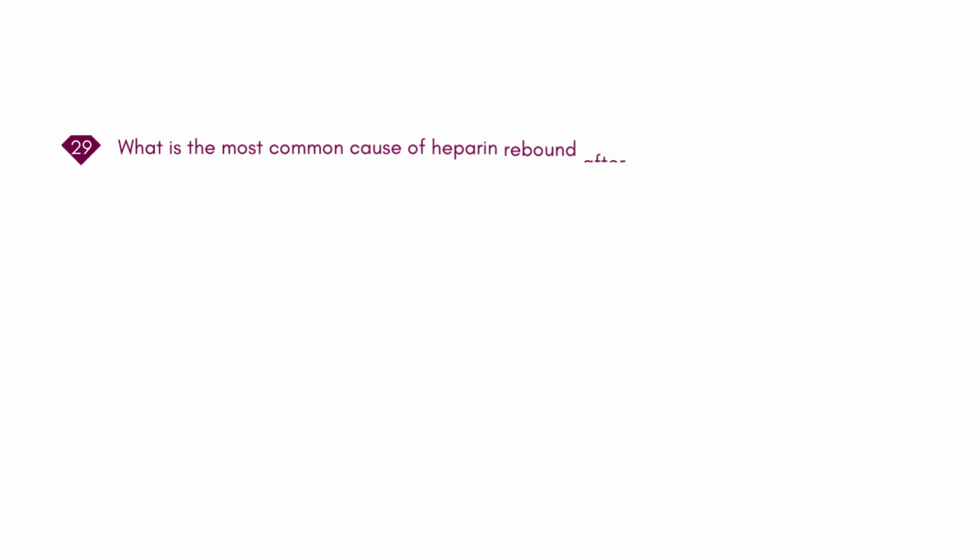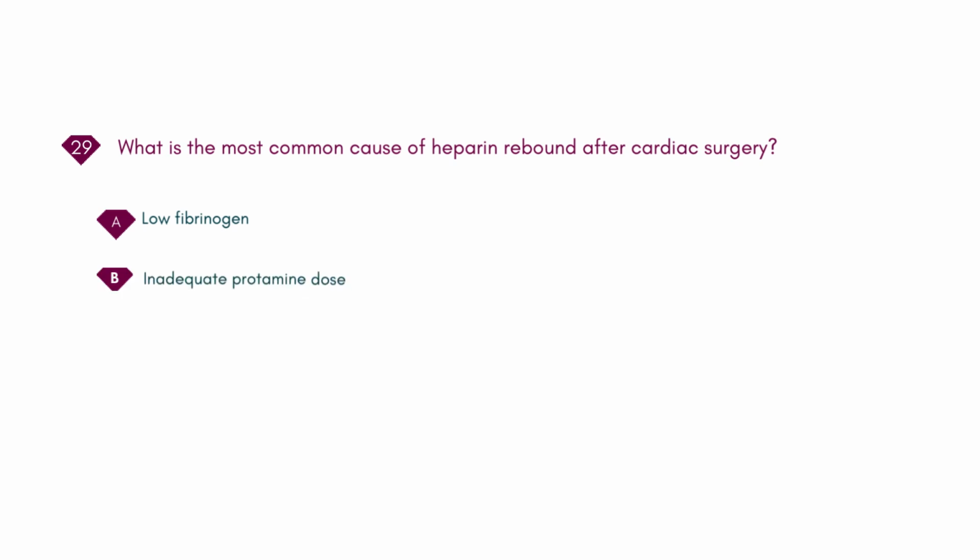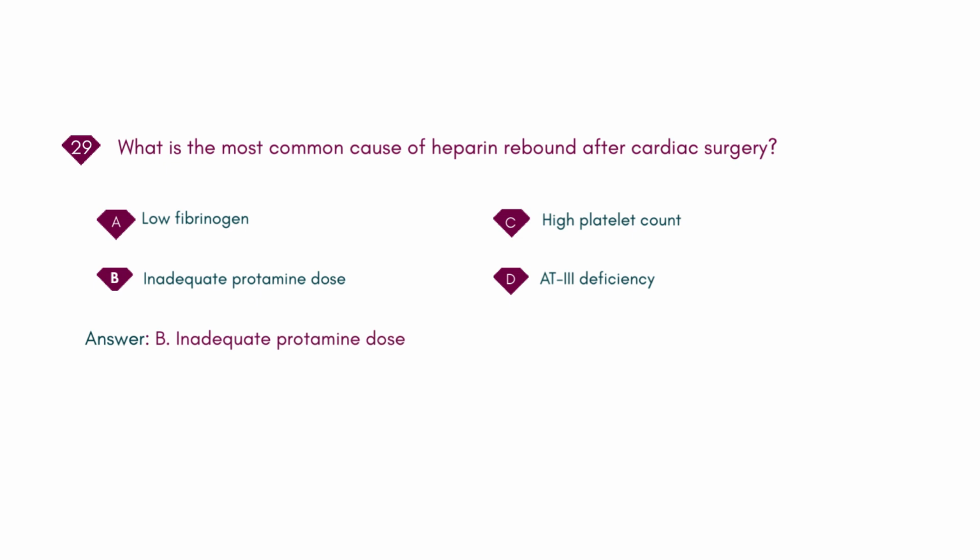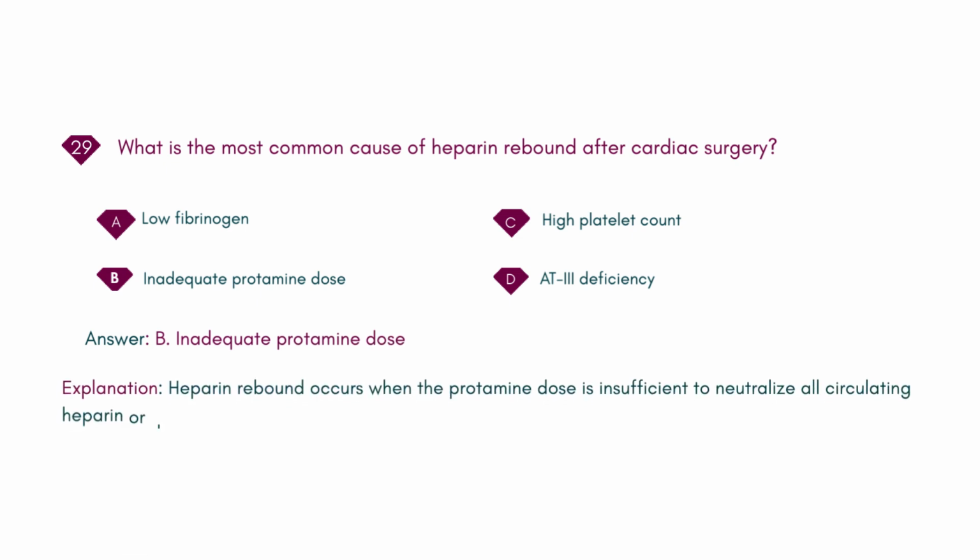What is the most common cause of heparin rebound after cardiac surgery? A. Low fibrinogen. B. Inadequate protamine dose. C. High platelet count. D. AT3 deficiency. Answer: B. Inadequate protamine dose. Explanation: heparin rebound occurs when the protamine dose is insufficient to neutralize all circulating heparin or due to redistribution of